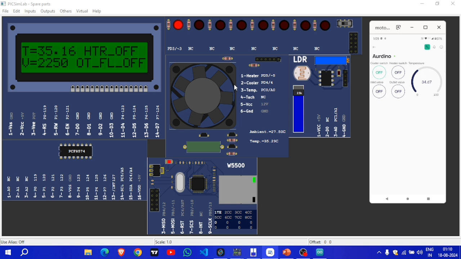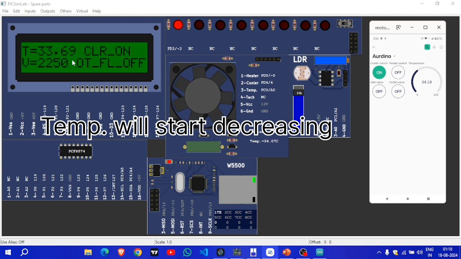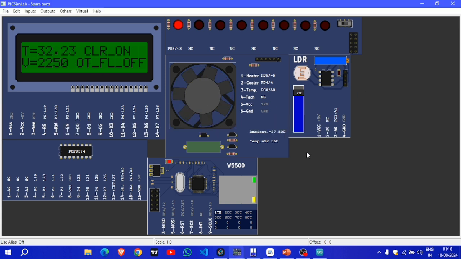Here the heater is automatically turned off as it reaches above 35 degrees Celsius. And when we turn on the cooler switch, it's indicating that the cooler is on and the temperature will change with speed. Let's just turn off this. Now moving to the